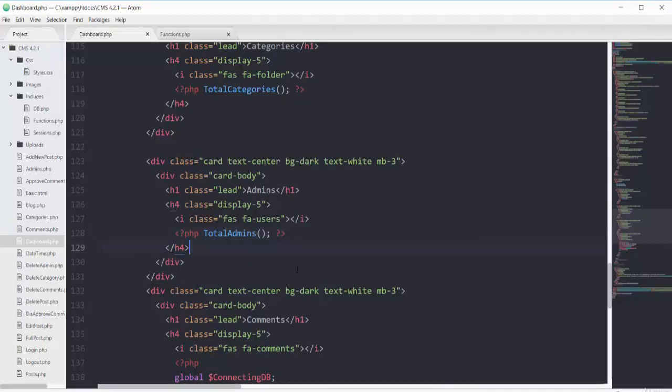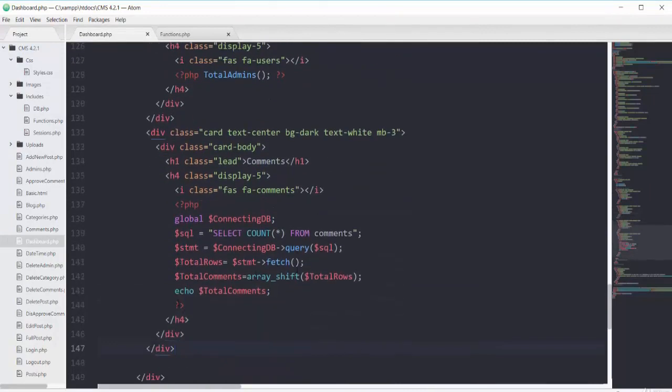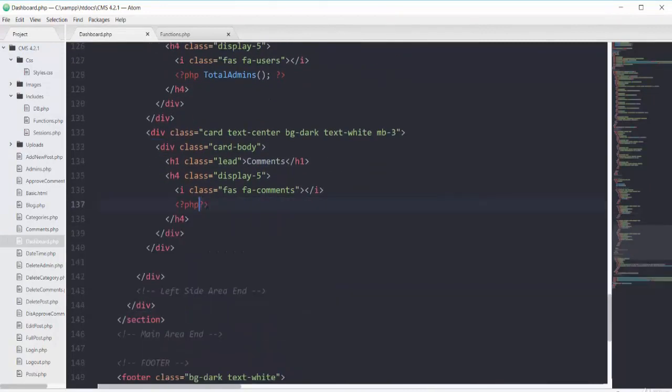So same like this, I can cut all of this. I will have this total comments function. Now let's define this function here.